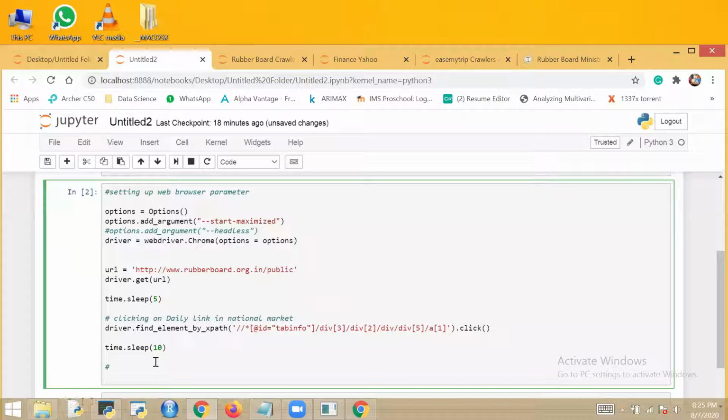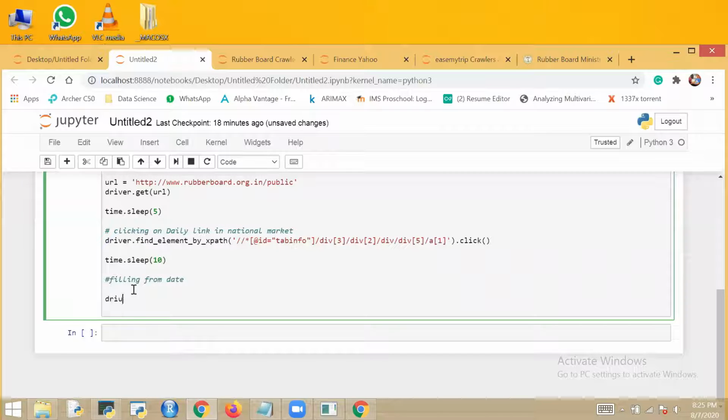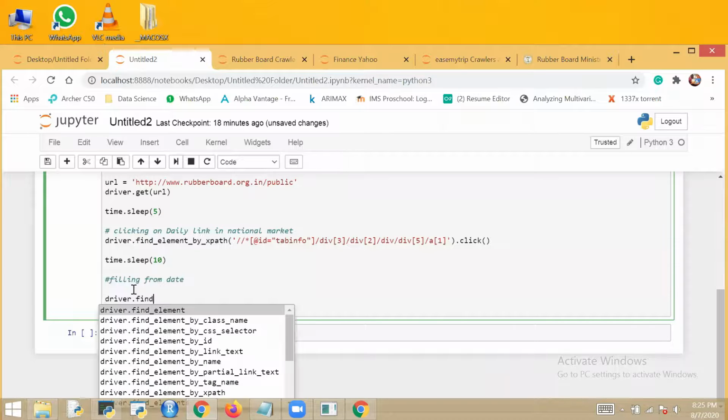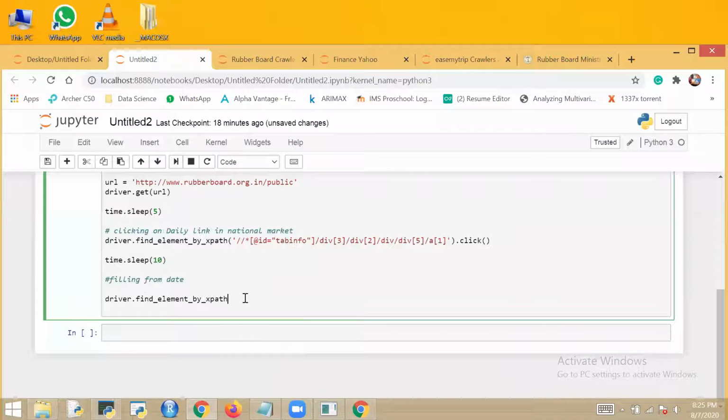In the next line, for filling, how will you do it? Again, driver dot find element by XPath. Within single quotes, you paste this XPath.